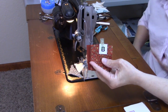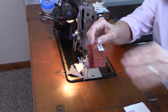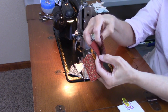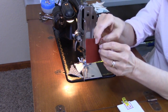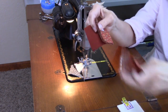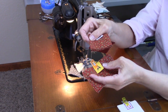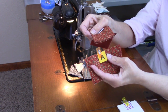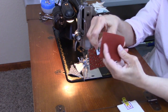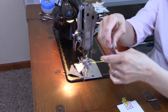I wanted to explain about these B squares and the reason they have 2 different fabrics, and that's because I'm working with 10-inch squares, and I needed the flying geese units, the A pieces and the B pieces to match to get the pattern to look right. I wanted to use the same fabric for the centerpiece, which is a square in a square unit, but you can't get all of these out of one 10-inch square. There's 8 2.5 inch squares, and I got 4 rectangles out of it, but I could not get the other 4 squares. So these pieces are for the D square, the one that's in the center. So I'm going to put those aside and not worry about those, but we're going to do flying geese units,